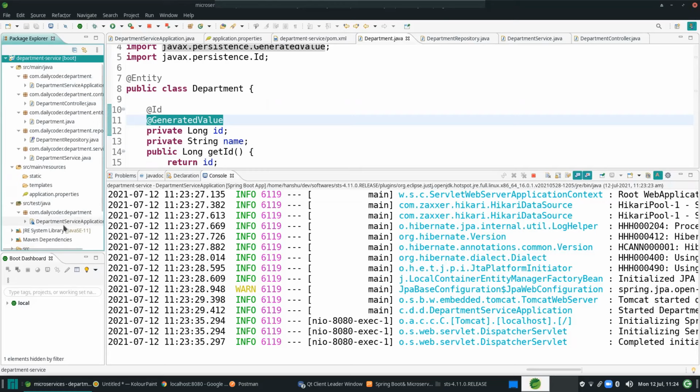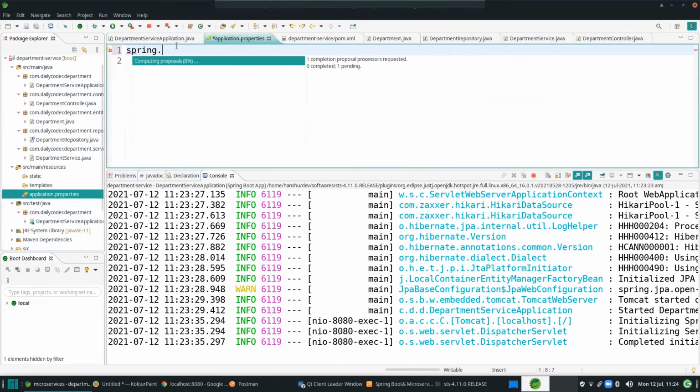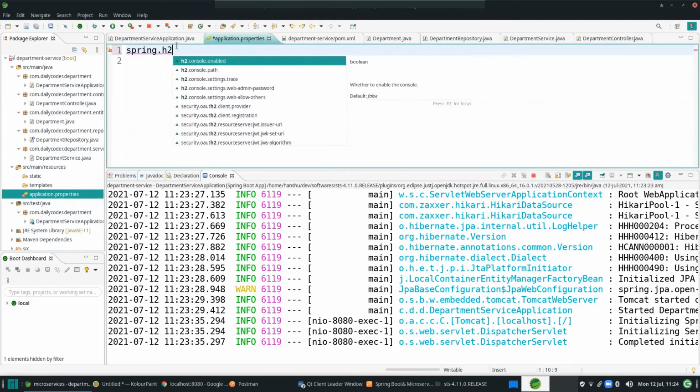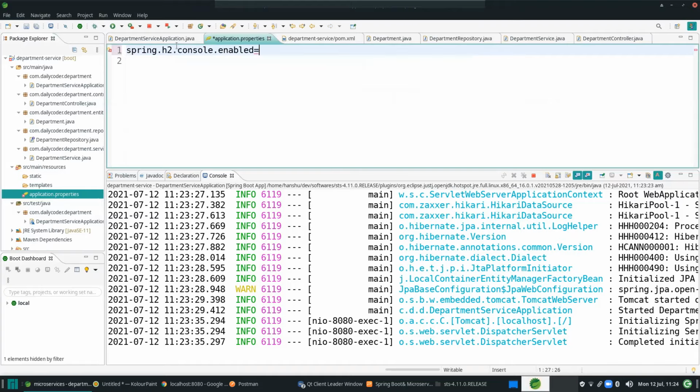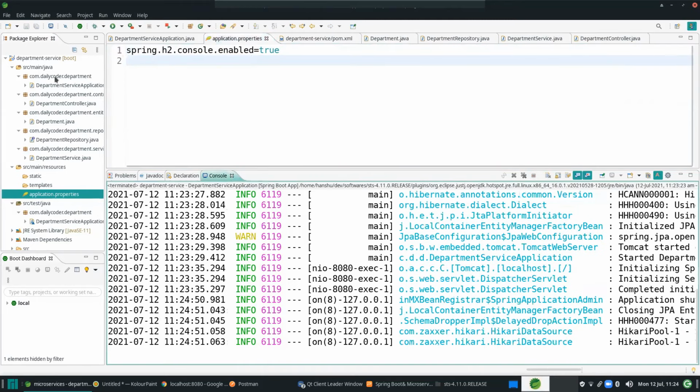But to access that H2 database, I have to set spring.h2.console.enabled=true, so that I can simply go ahead and look at the tables.